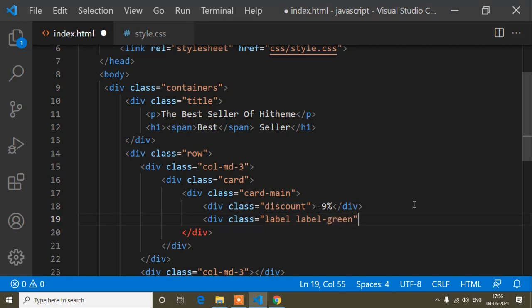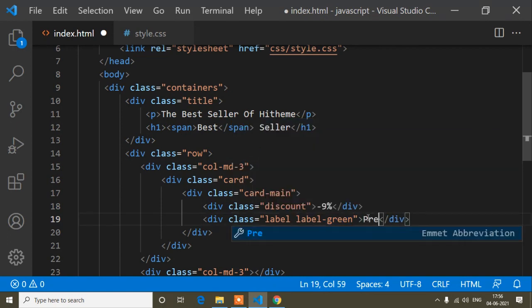So guys, here in the label class I will add the CSS for label, and in this class I will add the color code only, because this element's color may sometimes be green, sometimes red. So that's why I will write the color code in a separate class. Suppose this one will sometimes be red, so that time I will pass the label red class, and in that class I will write the color red, and in the green class I will write the green color code. So whichever class I pass here, the label color will change.